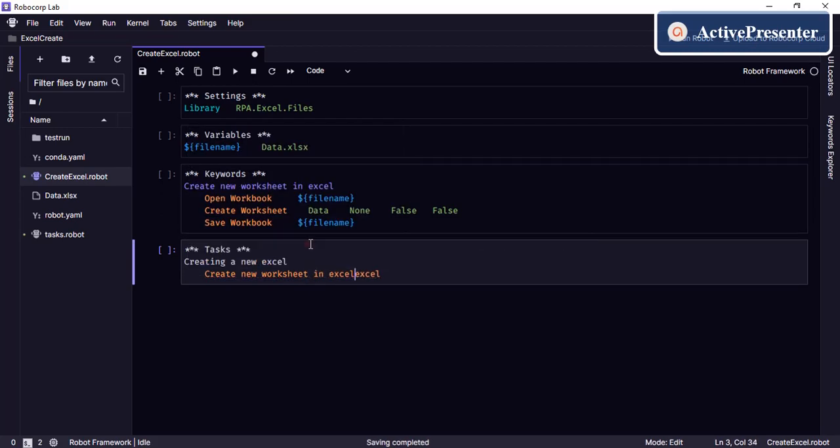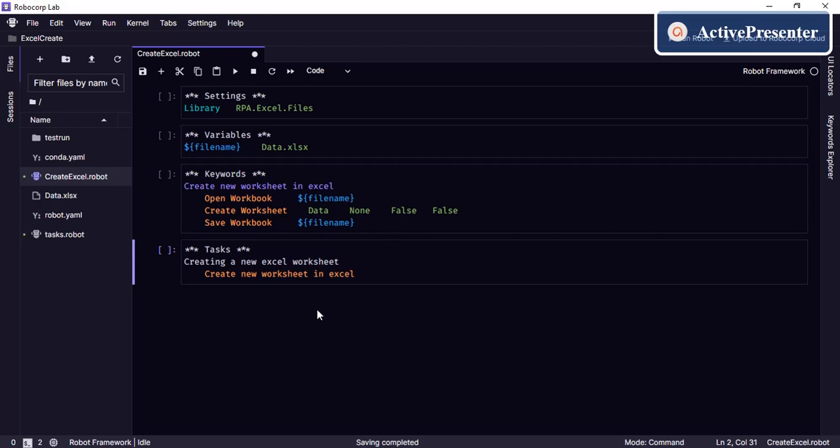So this is the function, and then here creating new Excel worksheet. Okay, now the code is ready, so let's run this and see whether it is creating a new sheet with name data. Click on restart.